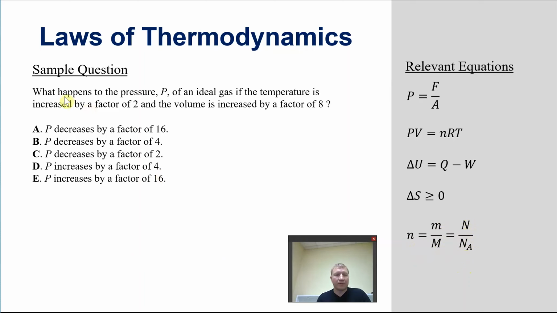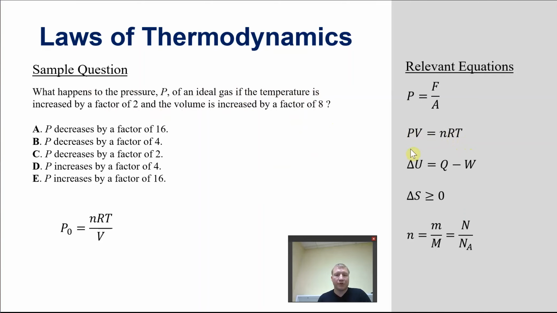Okay, so the sample question here is, what happens to the pressure P of the ideal gas if the temperature is decreased by a factor of 2 and the volume is increased by a factor of 8? Okay, so obviously you should use this ideal gas equation